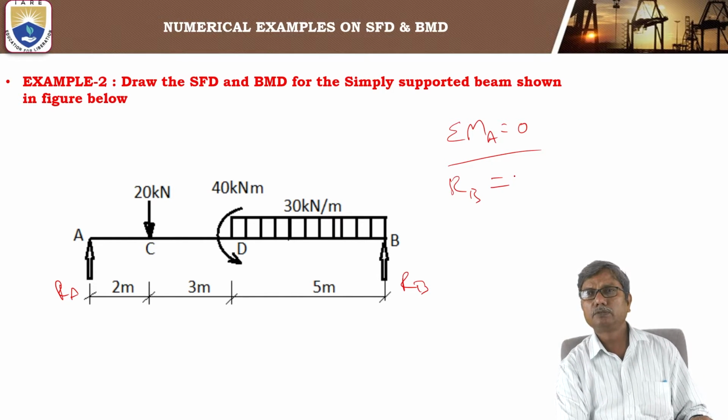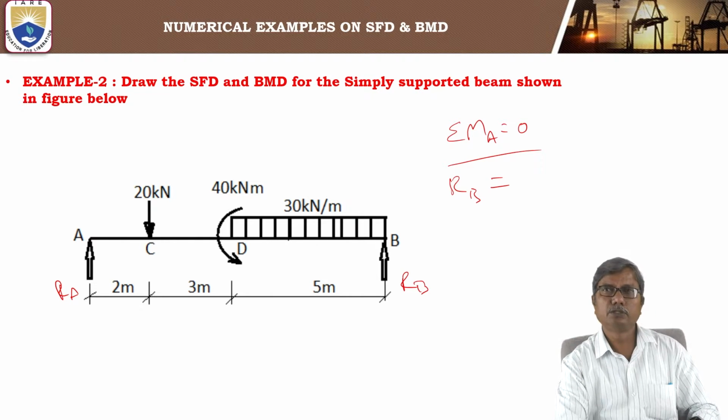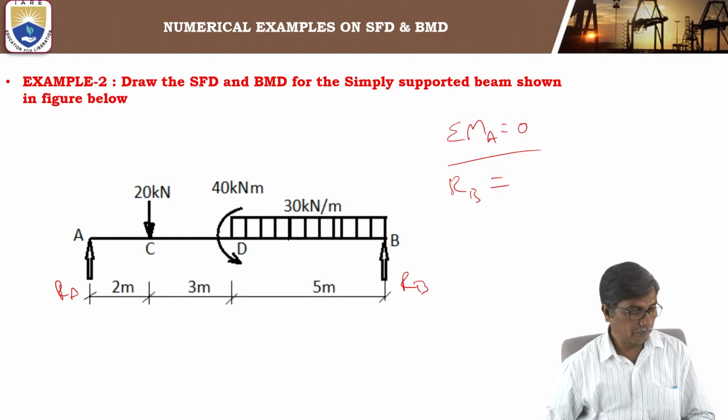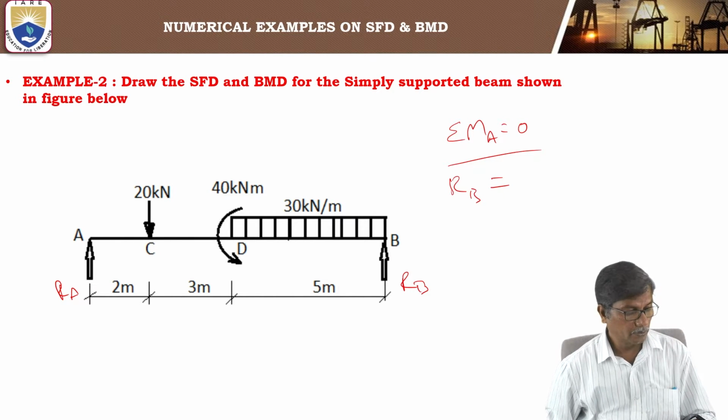So RB into the moment of it about A, the distance of it from A, that is